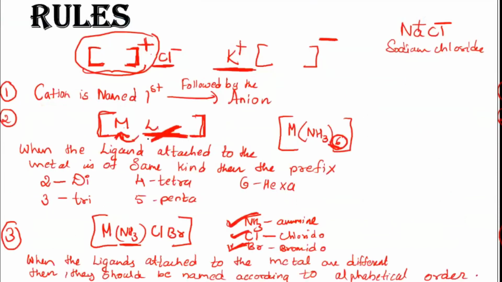Then I gave you the rules, the general rules for all the compounds which you will be seeing. In case it's a cationic complex, where you have the cationic entity first followed by the negative ion, then when you are naming the complex salt, like a normal inorganic salt where we name the cation first followed by the anion, similarly here also you have to identify which is the cation part. After you identify the cation part, that should be named first. So if it's a cationic complex, you will name that complex part first.